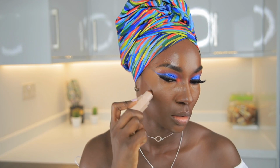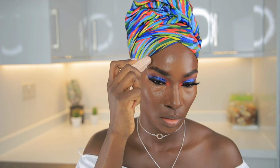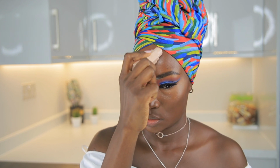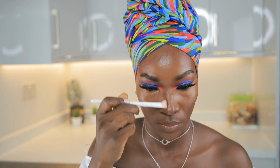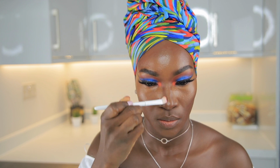And then for my contour, I'll be going in with this contour stick. This is the Fenty Beauty Match Stick, and it's in the shade Espresso. All the products I use for my skin, they're always in the shade Espresso. So I just contour the areas that I need to contour. Then I take a brush and contour my nose, because we want...